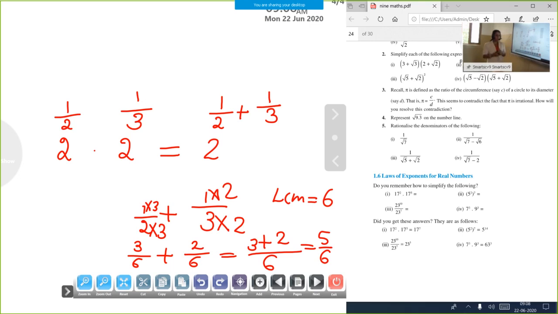That same number, write in the numerator also. So our answer is 3 by 6 plus 2 by 6. Answer is 5 by 6. So here, after this, our answer becomes 2 raised to 1 by 2 into 2 raised to 1 by 3 equal to 2 raised to, what is 1 by 2 plus 1 by 3? It is 5 by 6. So this is our final answer: 2 raised to 1 by 2 into 2 raised to 1 by 3 equal to 2 raised to 5 by 6. This way you solve it.